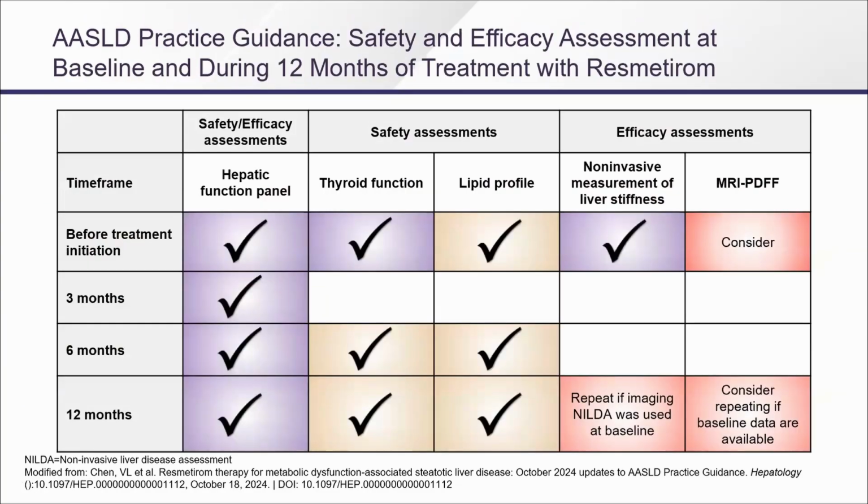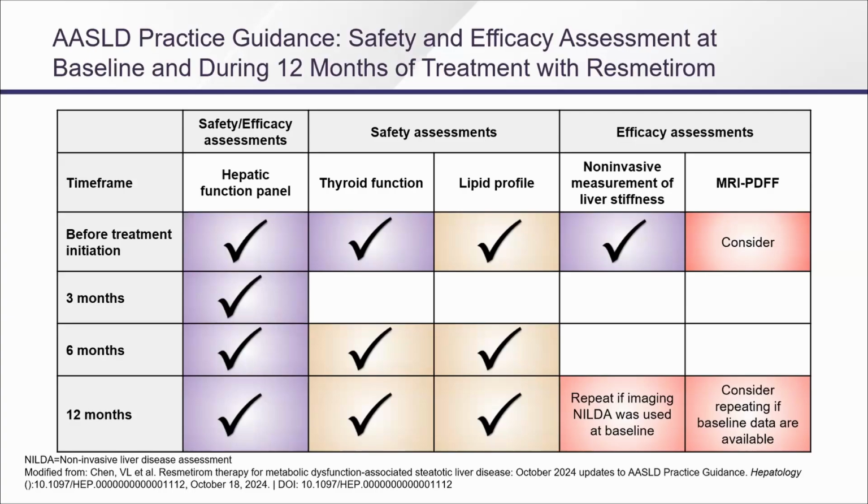So the second thing is, you've started resmetirom. Now what? Two important points. If you're going to measure liver tests at 4 weeks, be prepared, they will go up. They always do. So either don't do it or warn the patient, and then measure them again at 8 weeks. I just wait till 12 weeks. And every 3 months, they do recommend checking thyroid function. There wasn't any impact on TSH, though some changes in free T4, but just measure it because you're measuring liver tests anyway, and then send them back.